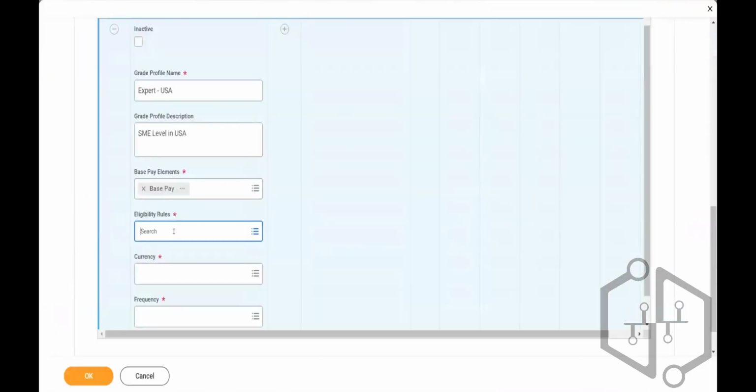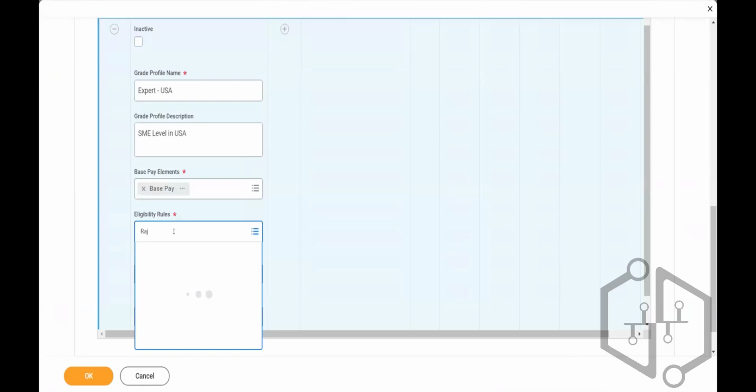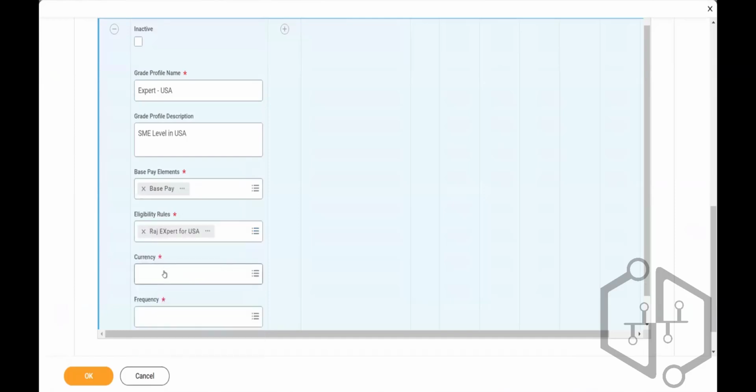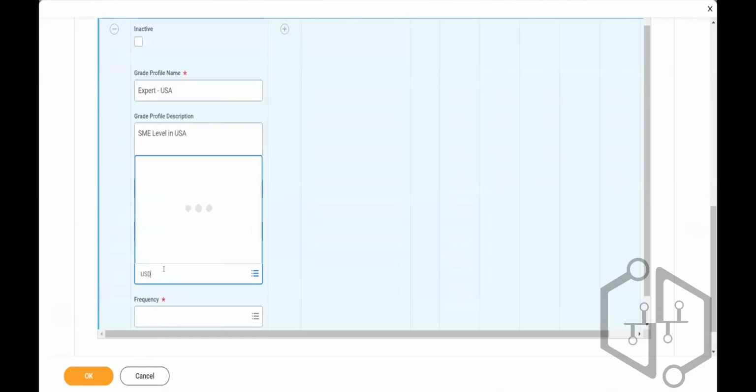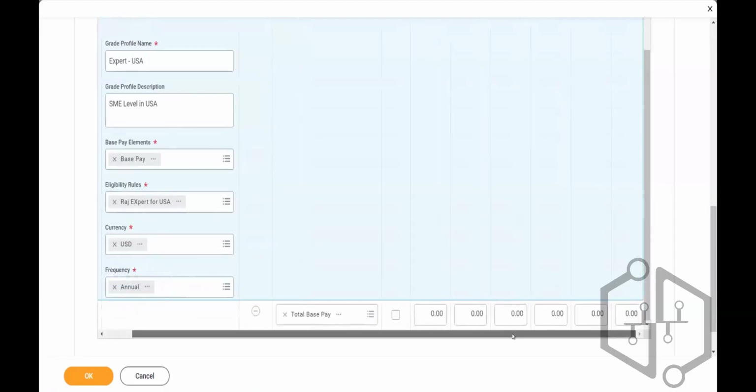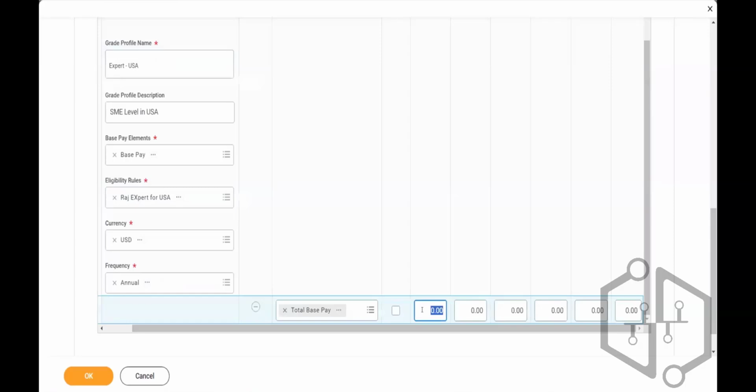I will select my eligibility rule. Currency: this is for US, so it will be USD. Frequency is going to be annual. Here I am randomly defining a pay range, let's take an example of 250,000 to 400,000. I will use this checkbox